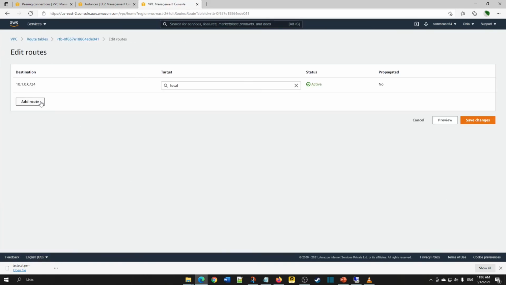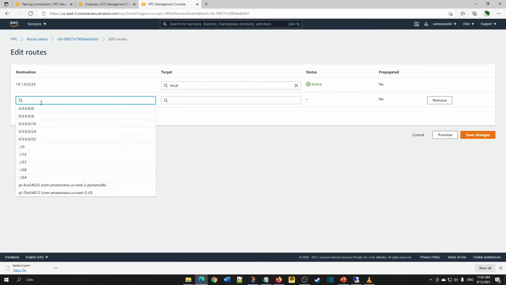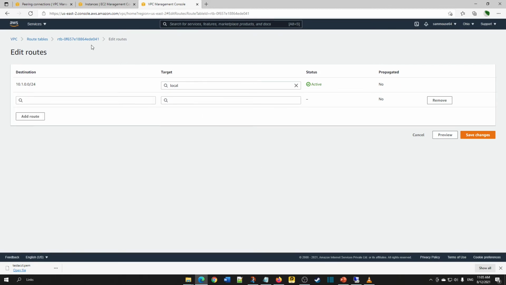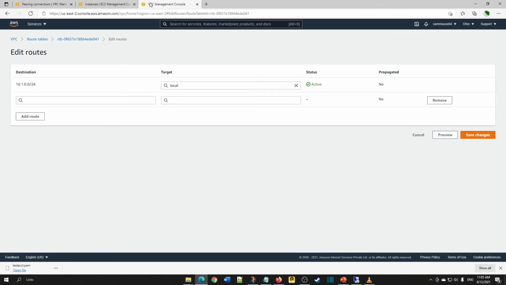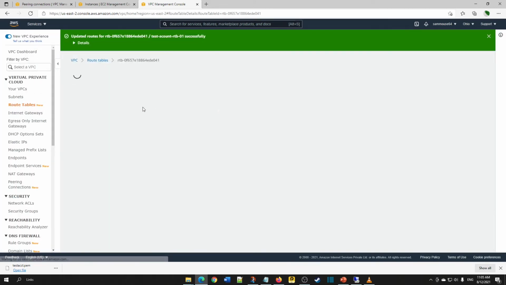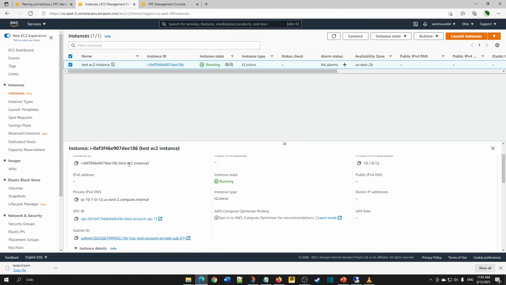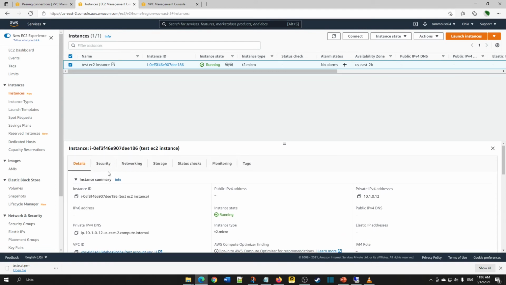Now edit routes. Here we are going to add the other VPC CIDR range, which is dev, nothing but the dev account. Now choose the peering connection. Click on save changes.